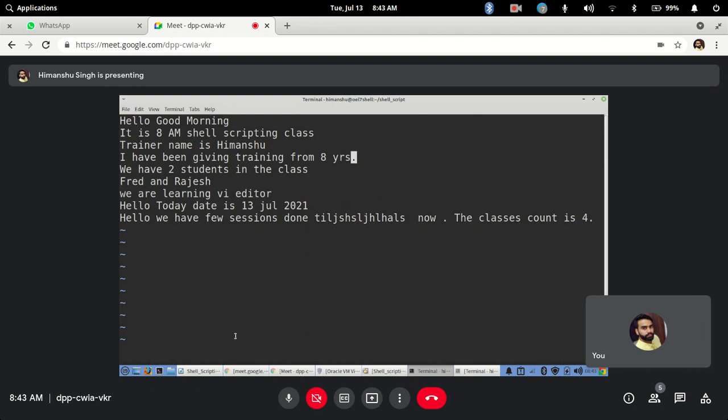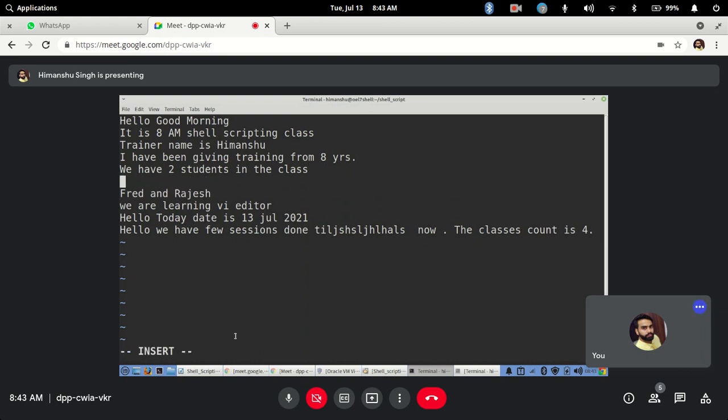Got it? Now same thing, earlier my cursor was here, right? Let's say in this location. Now I want to insert a line above this line where my cursor is. Earlier I just used O, now I will use shift O. See, it has opened up a new line, but where? At the top of this, where my cursor was.